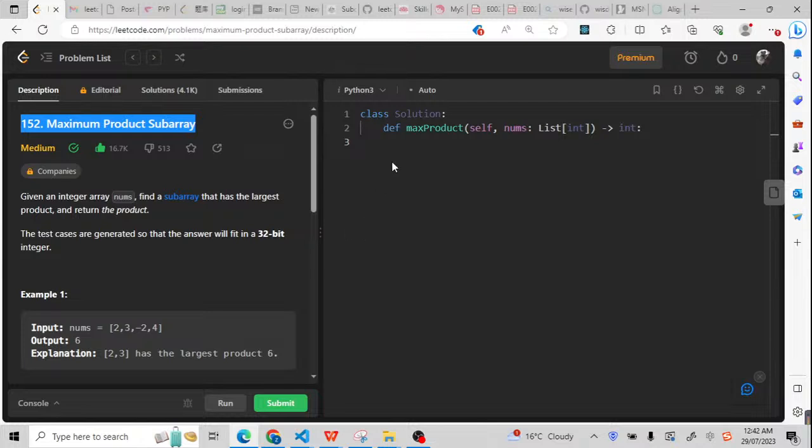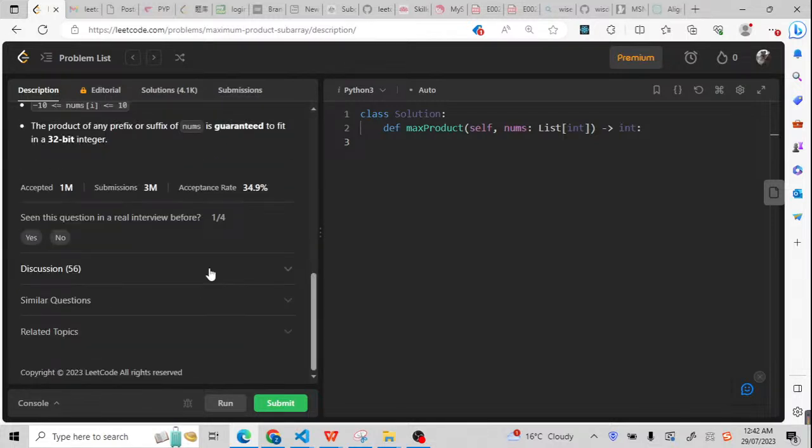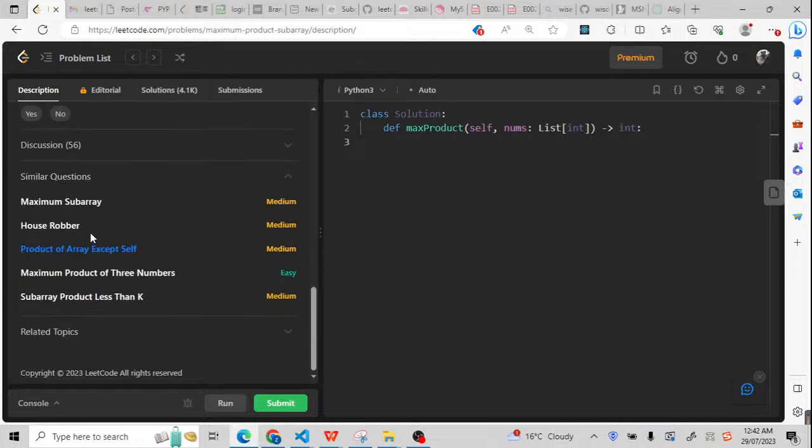Let's try another LeetCode problem, number 152. This is another Blind 75 problem. So it's from that Blind 75 list, which means this is very popular. And if you solve this problem, normally you can solve a lot of other following problems because basically they are